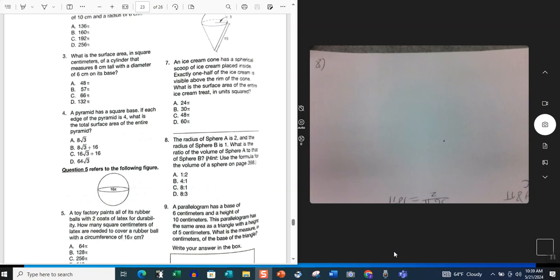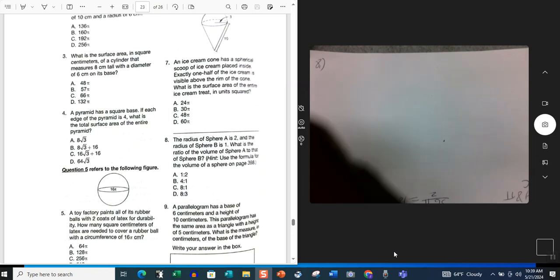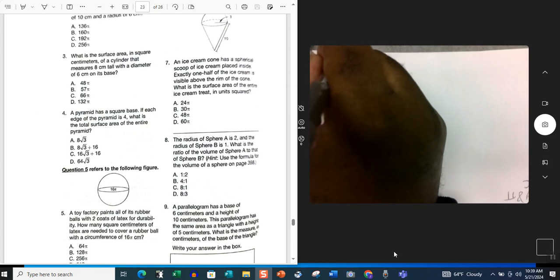Now we move on to problem number 8. It says the radius of sphere A is 2, and the radius of sphere B is 1. What is the ratio of the volume of sphere A to that of sphere B? So now we have to have the volume. Okay, so we have sphere A,